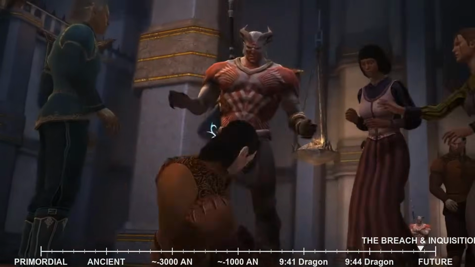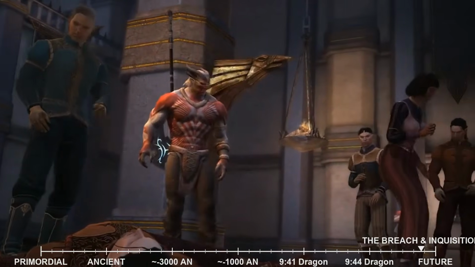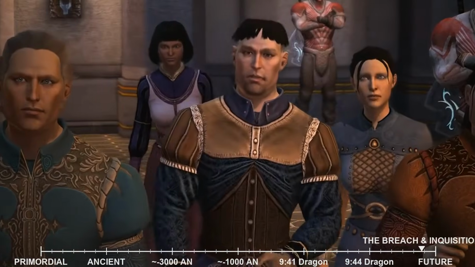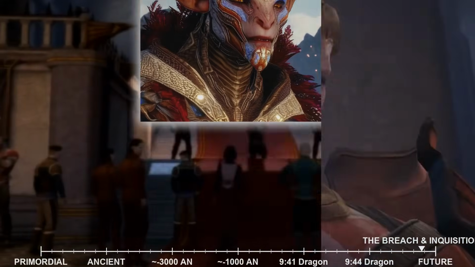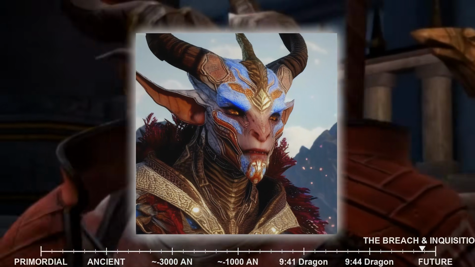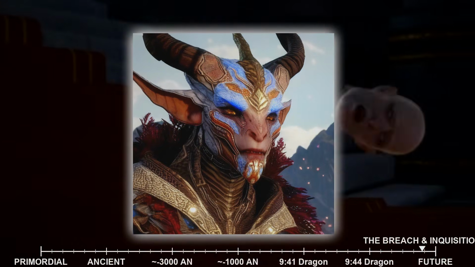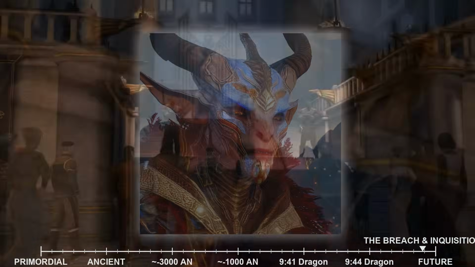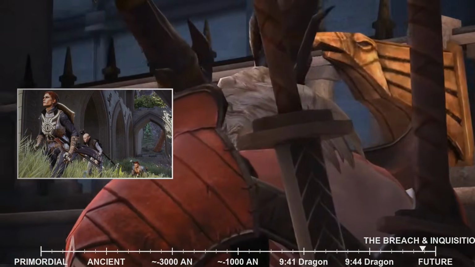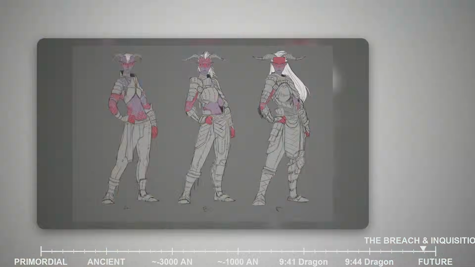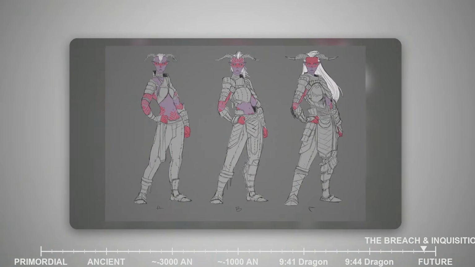The story vividly portrayed the clashes of culture and ideology, with the individualistic, magic-centric Tevinters resisting the rigid, collective philosophy of the Qun. The Qunari viewed magic, particularly the widespread practice of blood magic and demon summoning in Tevinter, as a dangerous perversion, something to be eradicated or brought under the strict control of the Qun. This fundamental disagreement fueled an ever-growing tension between the two powers. The story highlighted the escalating skirmishes, the propaganda wars, and the deep-seated mistrust that permeated every interaction.